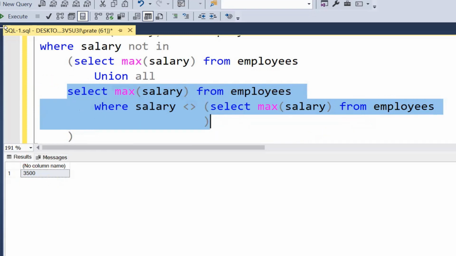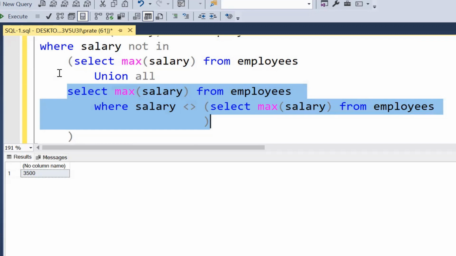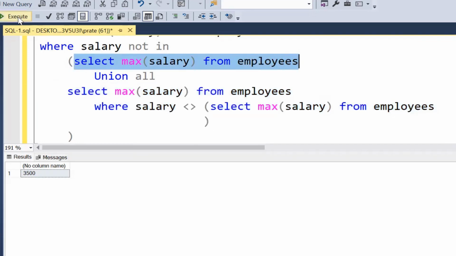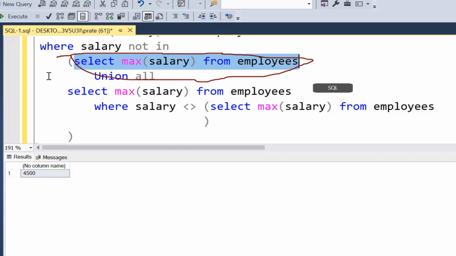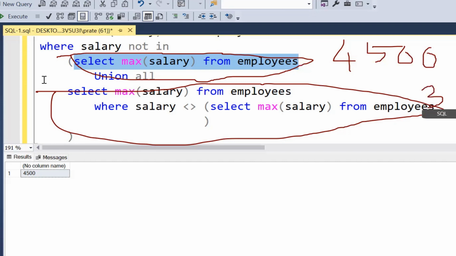राइट? अब इसको रन करो। उसको रन करो अभी। ये क्या दिया मुझे? फर्स्ट वाला 4500, मतलब मैं ये सिंपली मुझे फर्स्ट दे दिया और वो मुझे सेकंड दे दिया, ठीक है? इसमें आ गया मेरा 4500, राइट? इसमें आ गया कितना था? 35 था ना? तो अब दोनों आ गया। यूनियन मतलब क्या होता है कि दोनों के